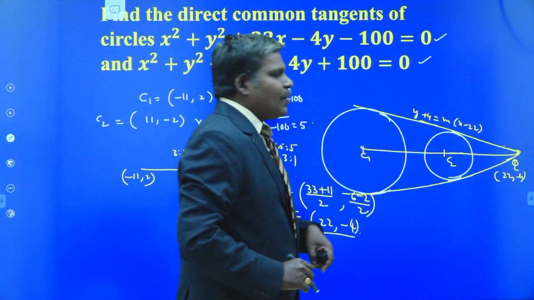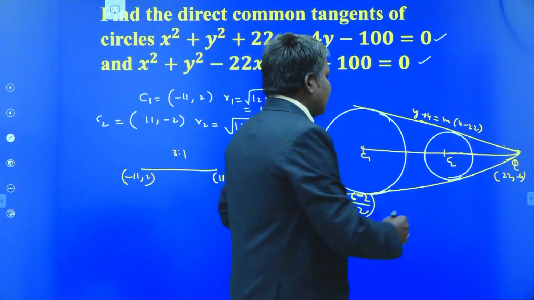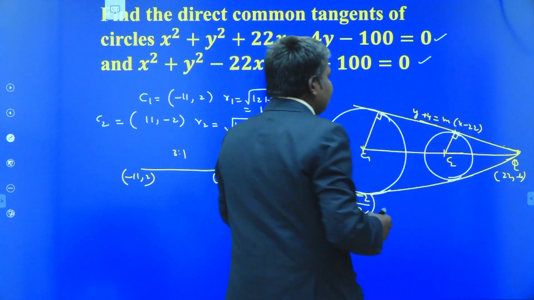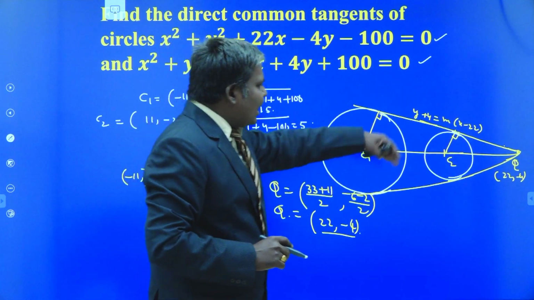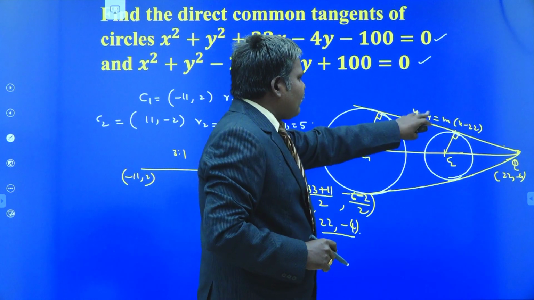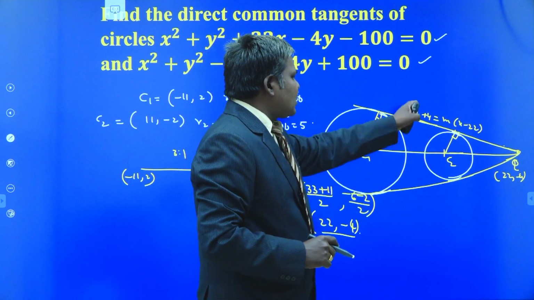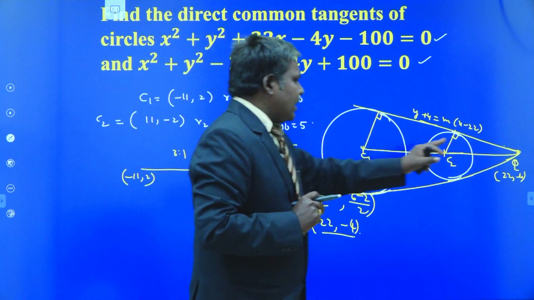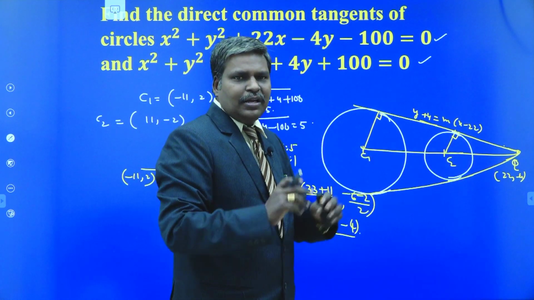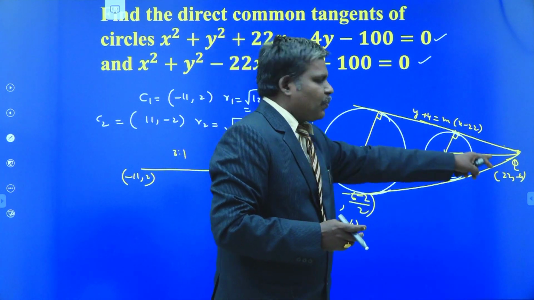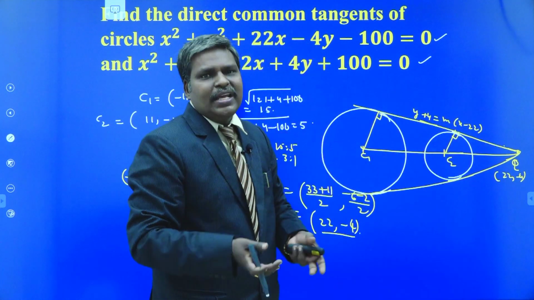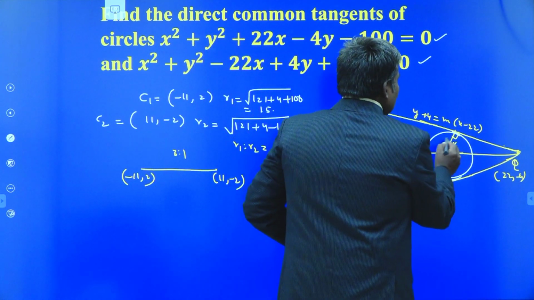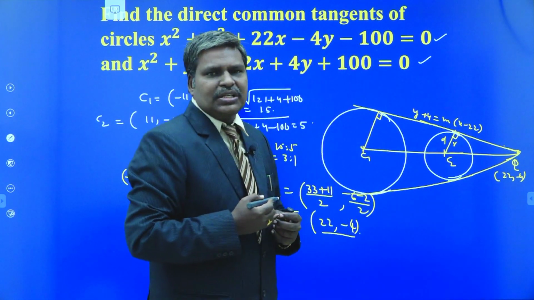If it is a direct common tangent, what is the condition automatically? R is equal to D. That line touches both the circles. You can apply R equal to D for any one of the circles. After getting the condition, we have the values of m. Substitute the values of m here itself, and we obtain the direct common tangents. So there are two things here. You have to write the external center of similitude first of all. You write any equation of a line passing through that point. If that line is your required equation, you have to apply R equal to D because that is the common tangent to both the circles. So you are going to apply the condition that R is equal to D.